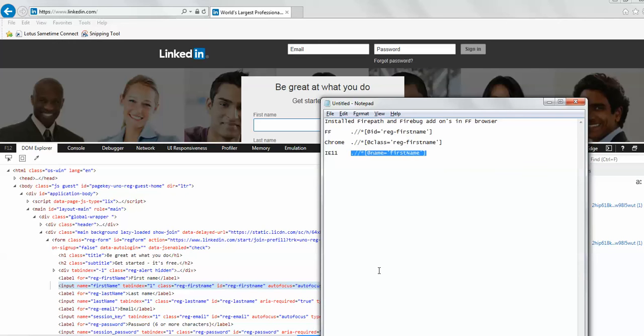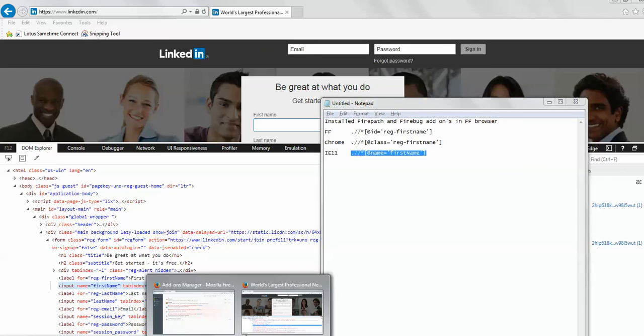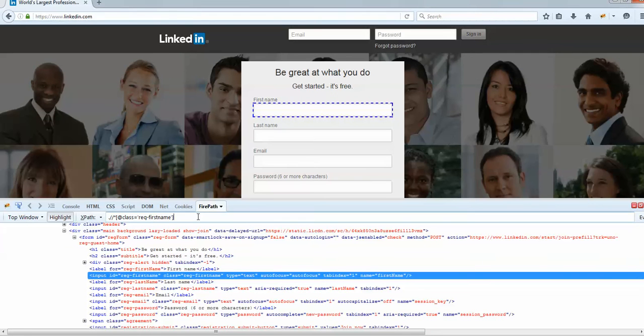Now try to see whether this is valid or not. I'm coming to Firefox to check whether whatever I have customized in my XPath is true or not. Whenever you click, it says that it is matching, right? It got highlighted. That's how you will come to know.